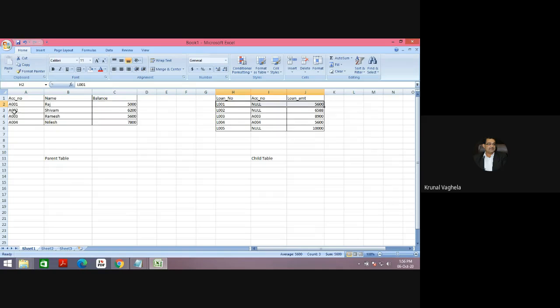Now consider I want to delete this A002, but the child table is having entries.